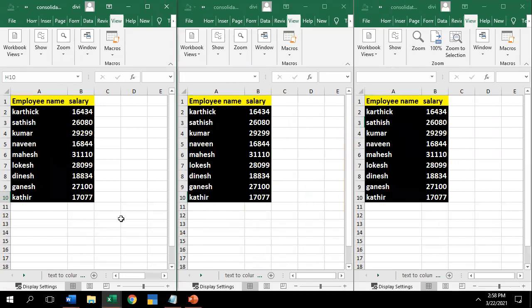Now I can view it in vertical form, but I want to analyze a different month in each. You can change the sheet. First one is January month, second is February month, third is March month. It can be changed and analyzed. Now you can analyze and transfer. If you want to copy, you can edit in this mode also. If you want to edit anything, you can edit. Or if you want to copy to another sheet, you can copy. This is called Arrange Window.